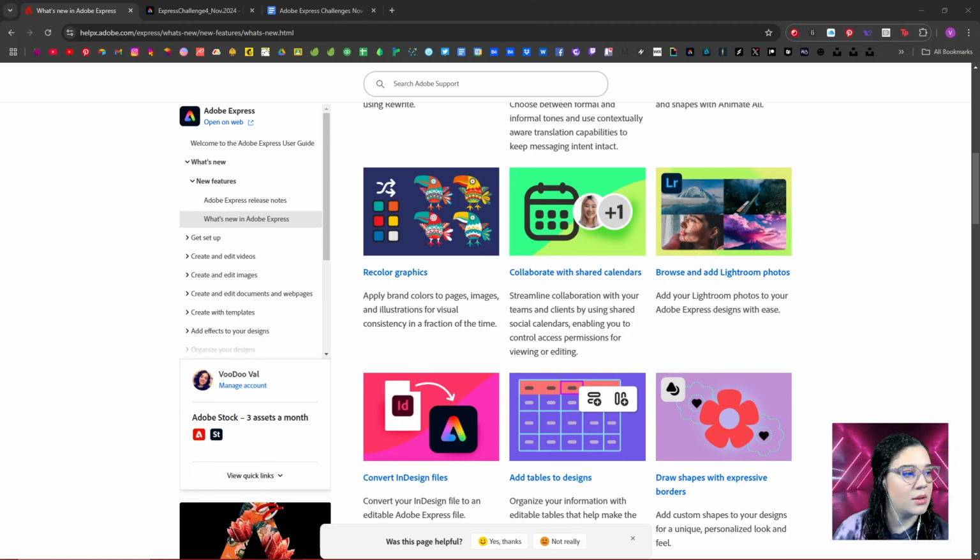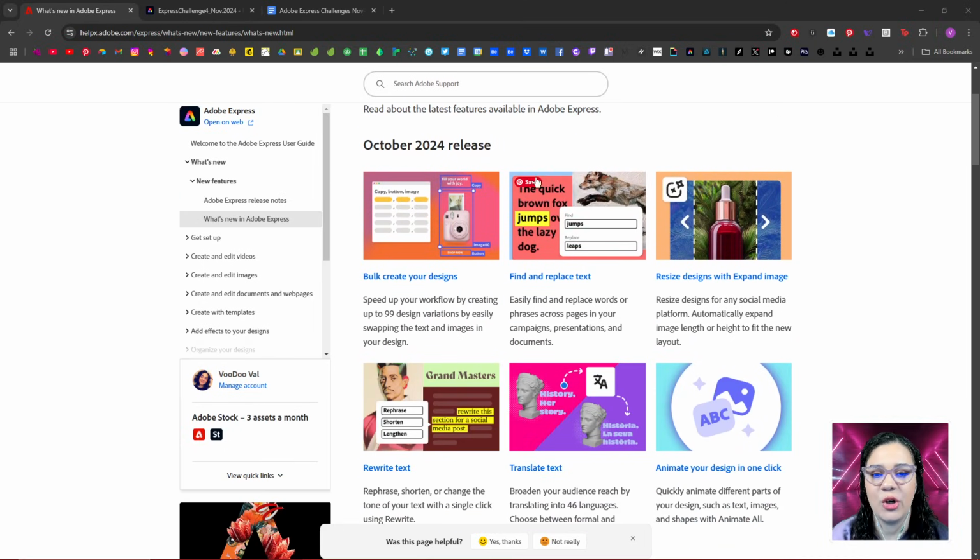If you folks head over to, ta-da! If you head over to helpx.adobe.com/express/what's new, you can check out all of the new features for the October 2024 release, as I mentioned. And this is a really great page to kind of stay up to date on and continue to check back on,